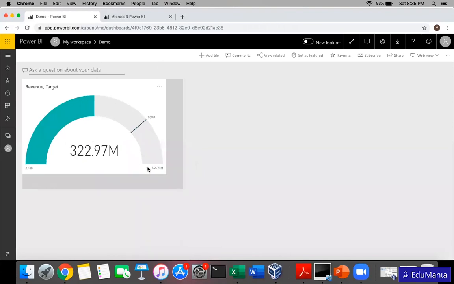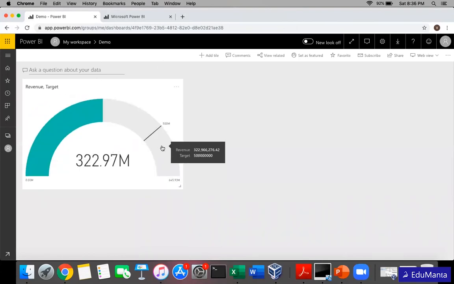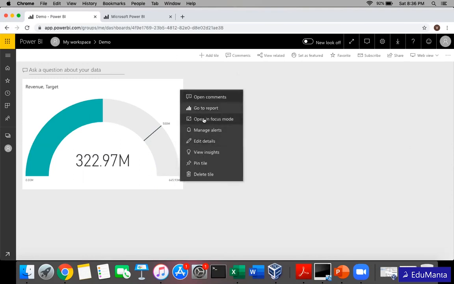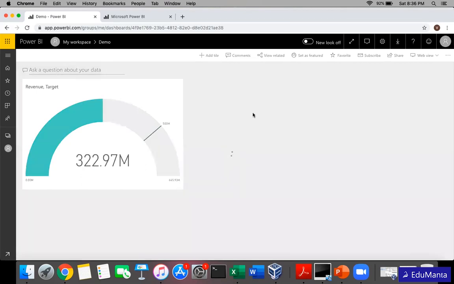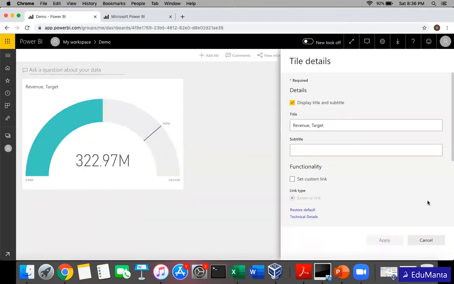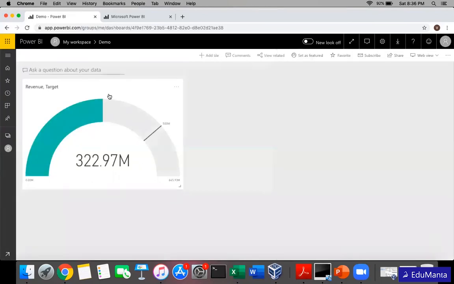I can resize it and so on. Similarly, this is a visual from one report. I can have multiple visuals from other reports added in a single dashboard, and I can go and edit the link for this one. Here it says go to report directly. I can edit the details here also, what should be the link, what should be the title and so on. Set custom link. By default it will go to the report, but I can set up a custom link also. I don't want this one to go to the report. I want it to link to some other page or other file or whatever it is. By default, if I'm clicking here, it will take me to the report.